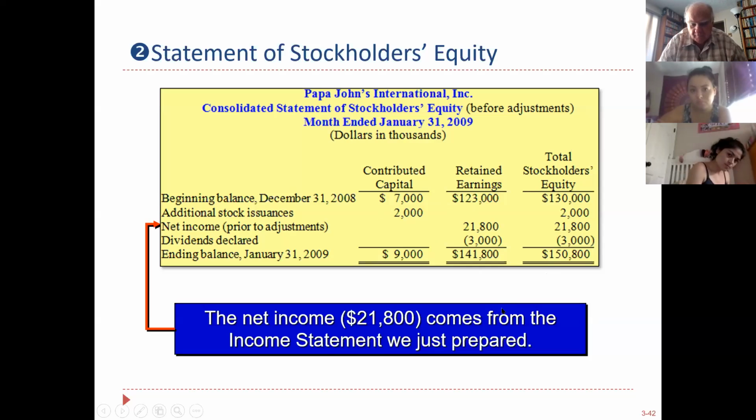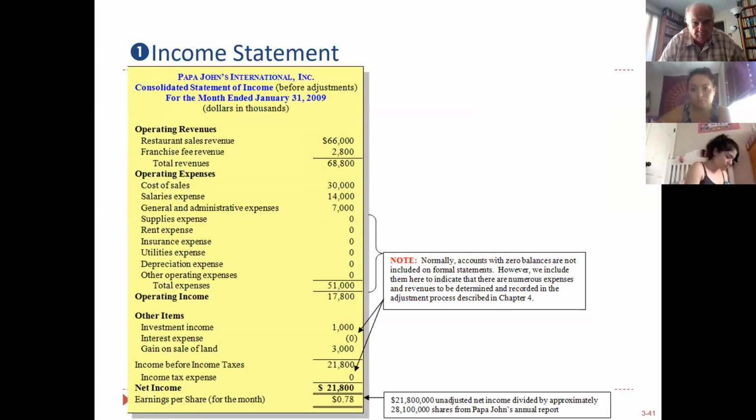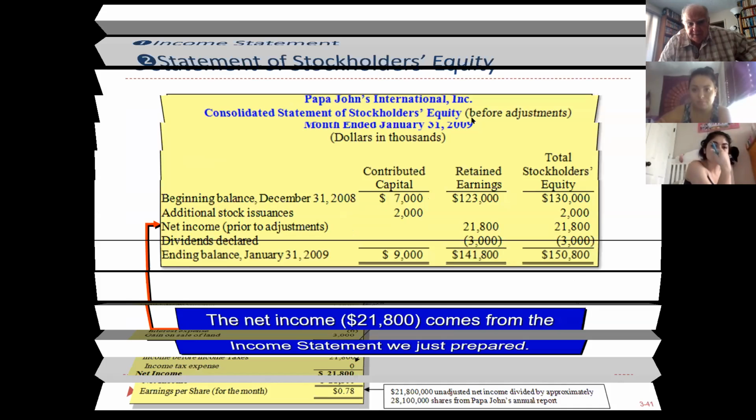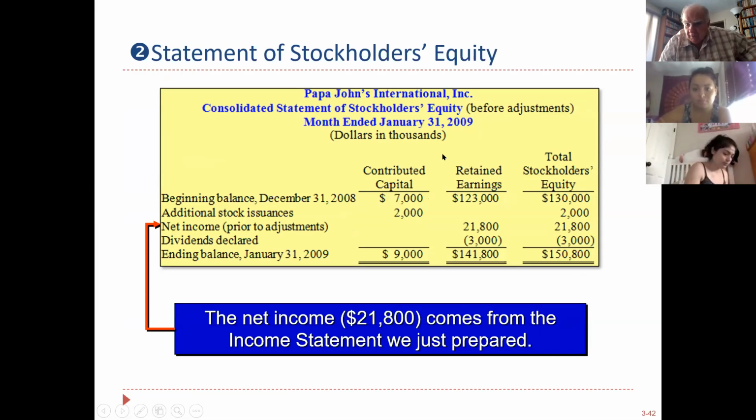The net income comes from the income statement. And I'm also going to go back to the income statement real quick to remind you of something you should already know. Notice that it says income statement for the month ended. You have to say for the month ended or the month of, because the income statement is a cumulative item. It is the revenues from day one added to the revenues of day two, day three, etc. So it truly covers the entire month. Same thing with these numbers here, okay?